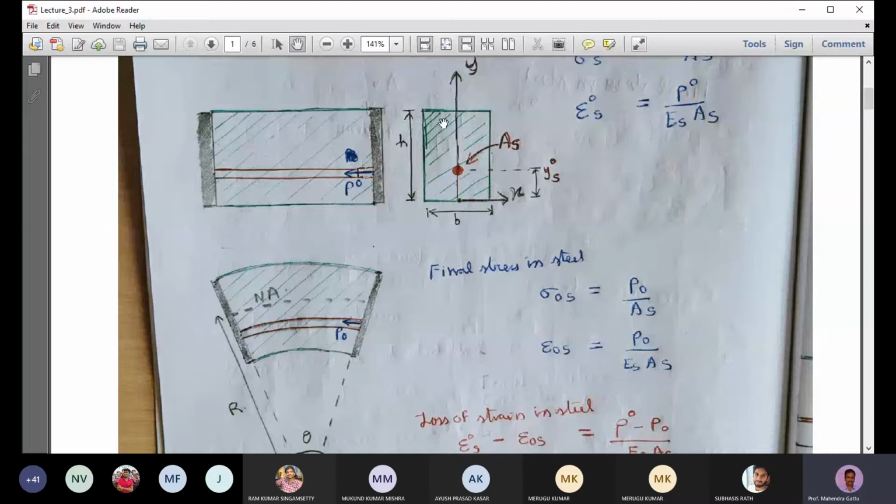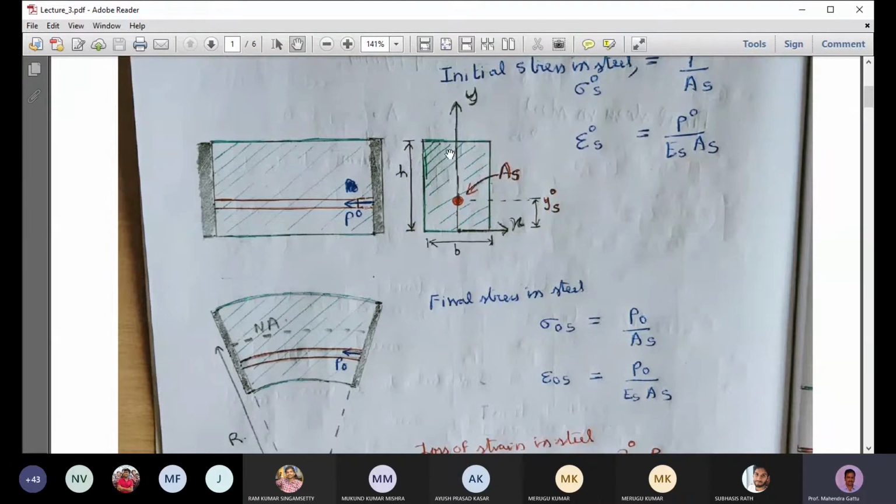To do that, we can assume any cross-section area. For clarity we'll use a rectangular cross section with width b and height h, but we'll not use those numbers until later. We have the steel tendon located away from the center of gravity of the cross section, at a distance of y naught s from the base. In this problem we are treating the origin to be located at the base. So we have the x-axis and the y-axis here, and this is the coordinate of the tendon, y naught s.